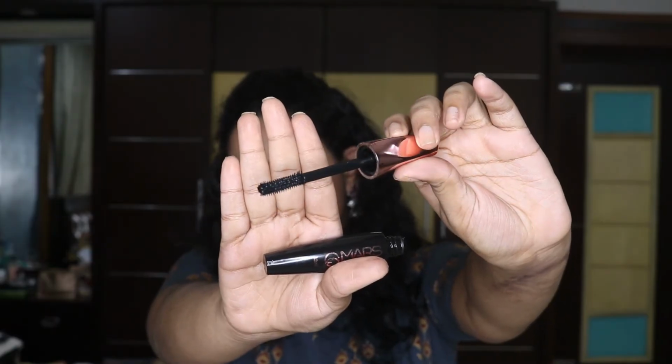Although one drawback this mascara has, that the wand of this mascara is really thick, you guys. So people who have smaller eyes, they'll face issues, and this will also, you know, what do I say, spread on your bottom lashes. Apart from that, I just love it. I mean, if you have big eyes, this is a great mascara, and for the price,